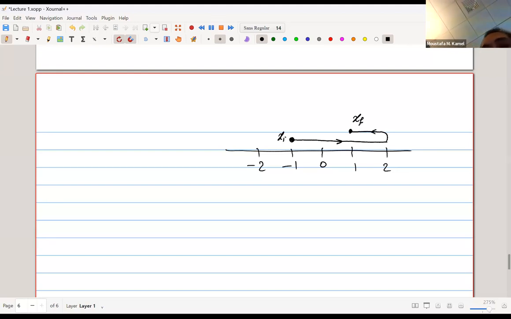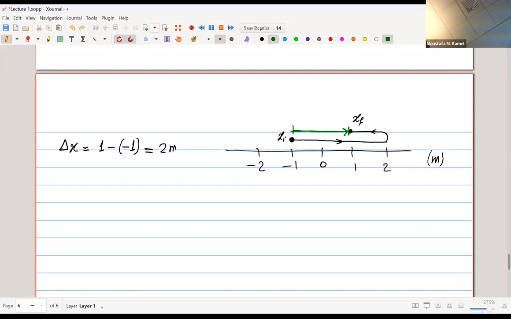Okay. What is the displacement in this case? What do you guys think? 2? Okay, it is 2, right? Because it's 1 minus -1. So it is 2 meters. Okay, so in this case, the displacement is this vector, pointing from -1 to 1.